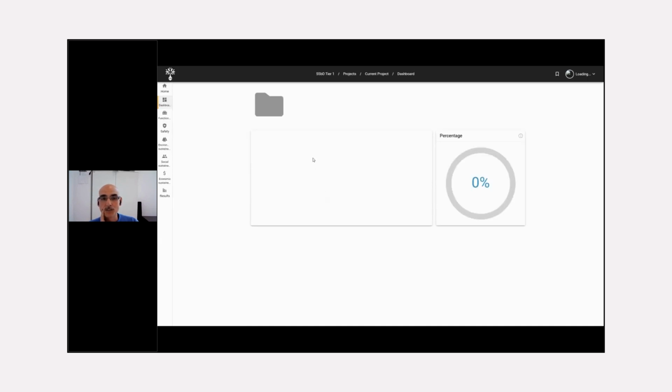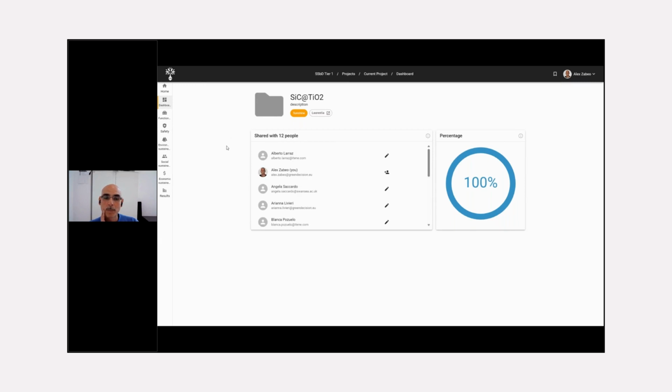So when clicking on this alternative, the corresponding tool is opening. You can see that it's shared among the same people, it's being completed, it's related to the Laurentia project, and you can see on the left side that the menu has changed because it's now related to the application for the tier 1 questionnaire. The questionnaire is divided in different aspects, functionality, safety, environmental, social, and in each aspect, as